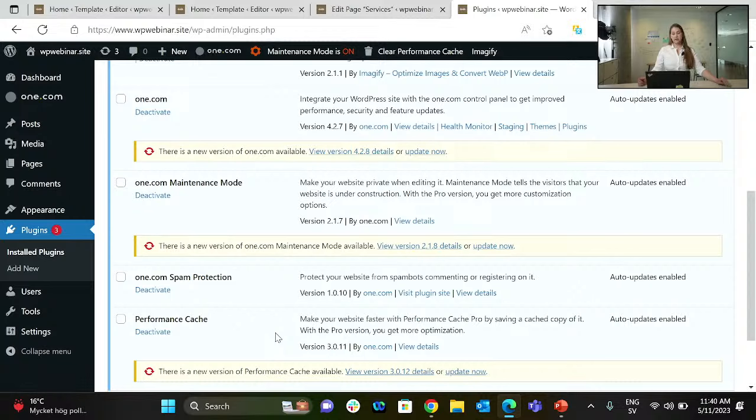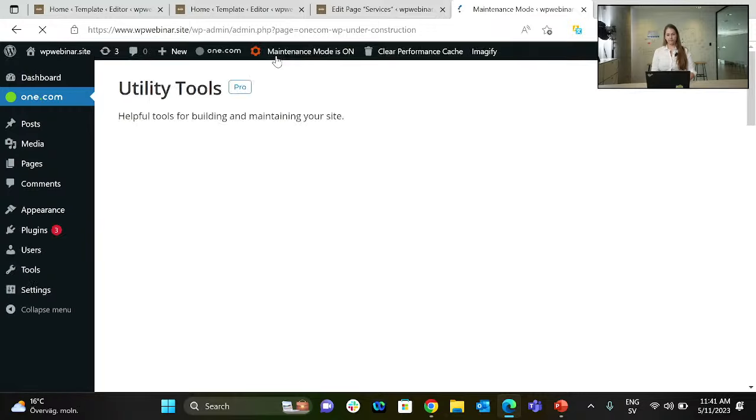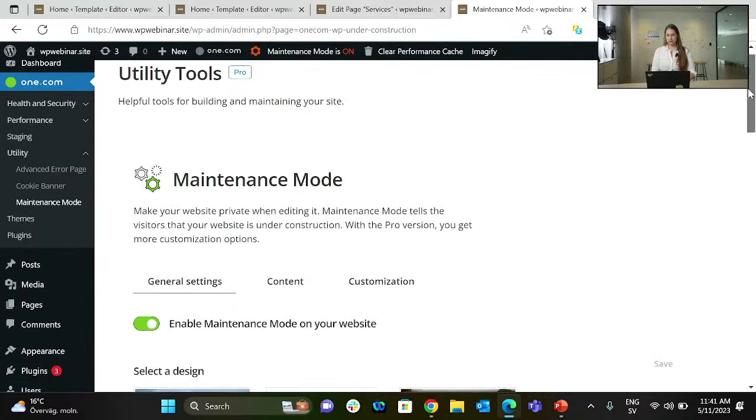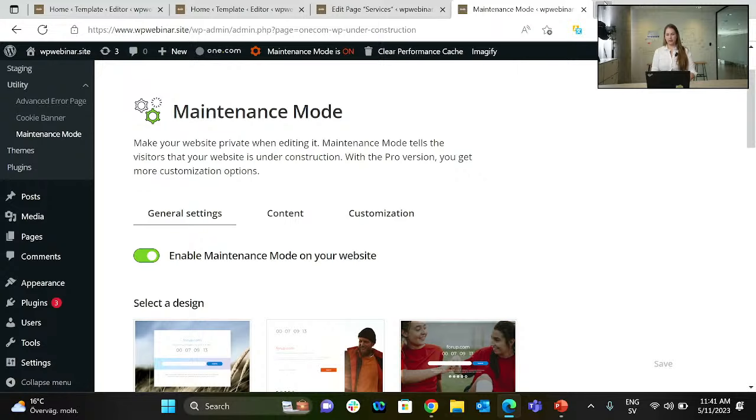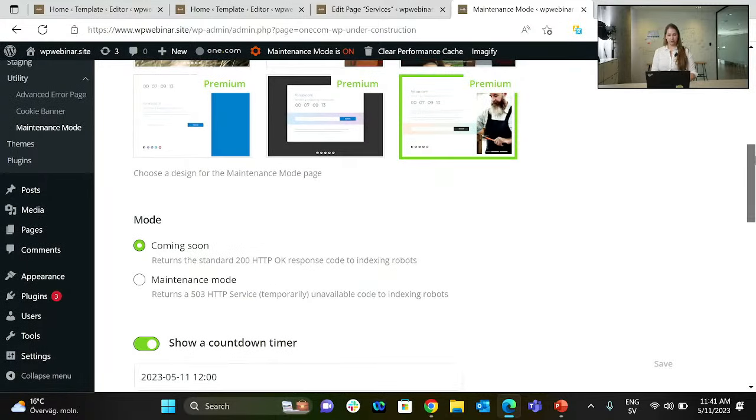If you deactivate or remove these plugins, you can no longer use some of the functionality that we think is really good for you. It's of course entirely up to you, but I strongly suggest keeping them, not only for the features that are in there now, but features being built in the future. So for example, we have the maintenance mode. As you can see here, in the top panel, maintenance mode is on. This means if you go to wpwebinar.site,